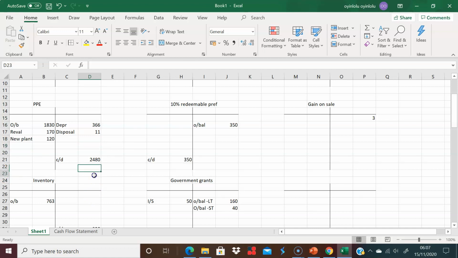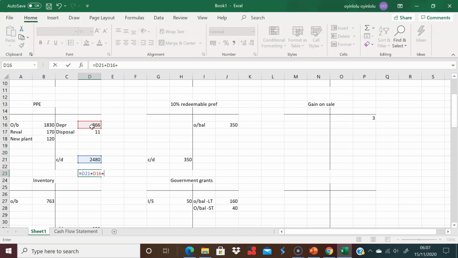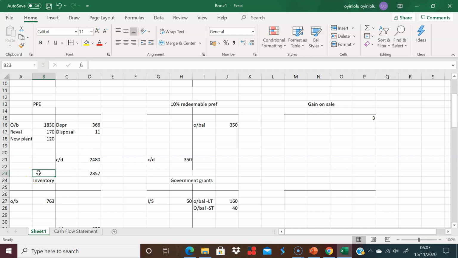Yeah, I'm just going to do this here and just do equal to 2480 plus 366 plus 11. You have here 2587, and I'm just going to do the same thing here, 2857 here, and therefore it means that we must have had additions